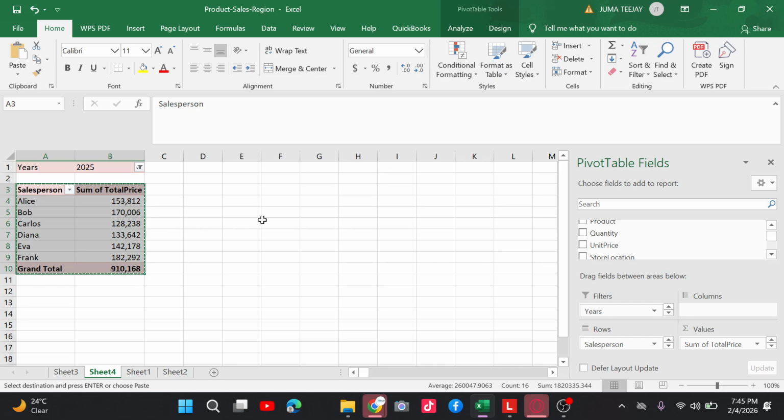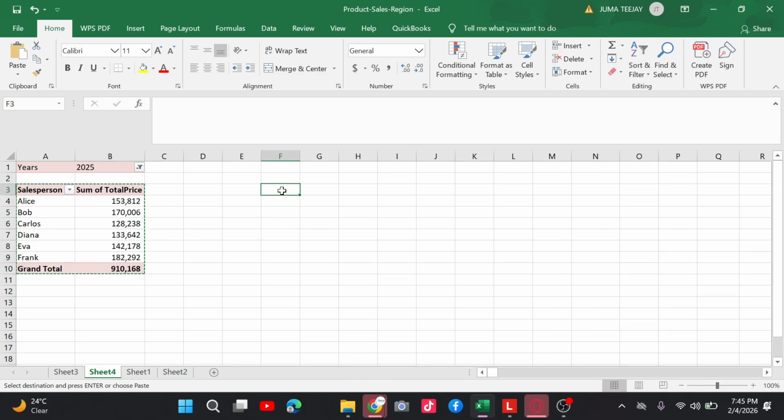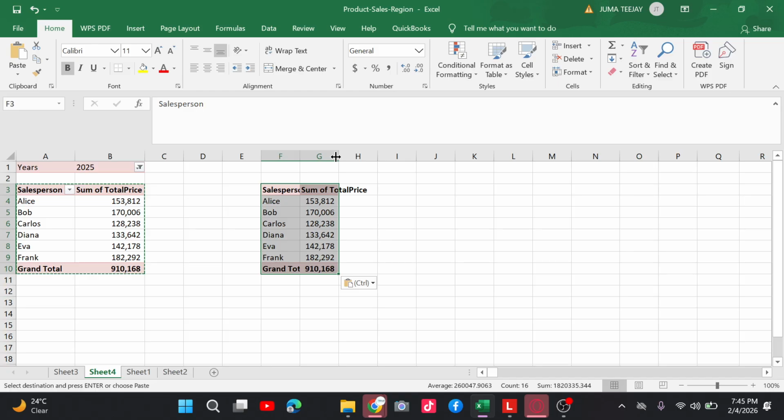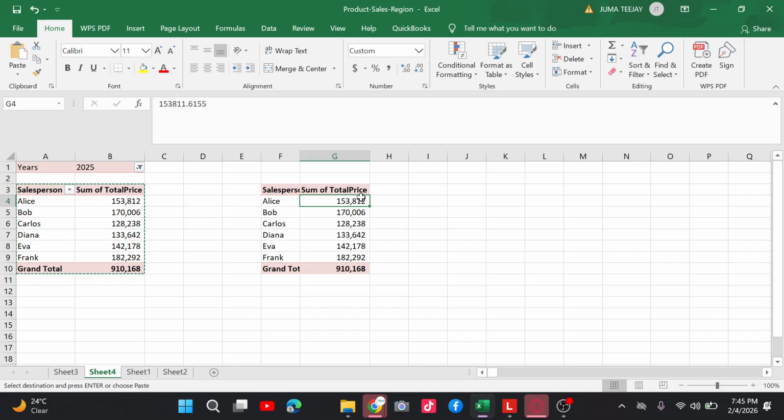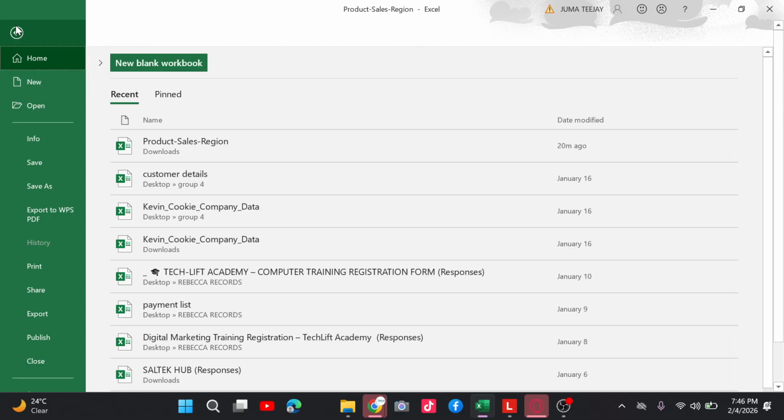So with this, we can copy. You can just copy this pivot table, and now we want to do what we call descriptive statistics. So how do we find descriptive statistics? So usually, when you click on the home button, sometimes you can find the word options. Options. So if you're not seeing it, sometimes you can come